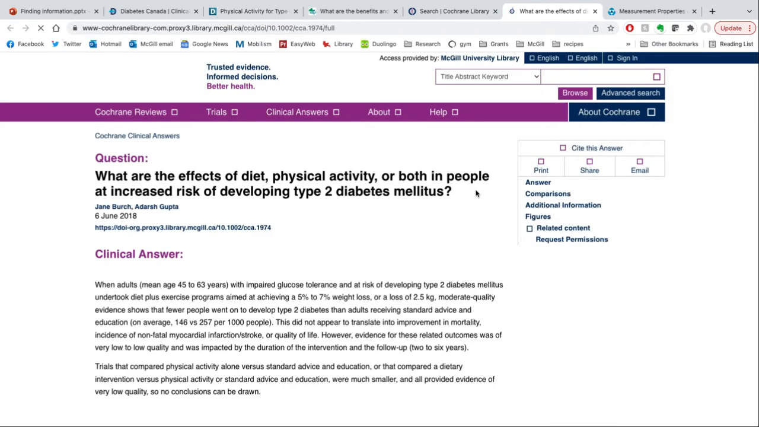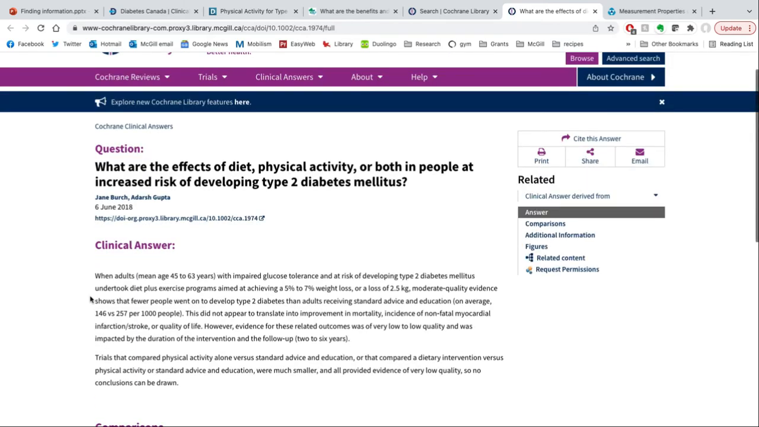And when I click on that result, I get my clinical answer. So it's in a more clinical language as opposed to research language. And what this is doing is just summarizing the systematic review that is giving this information. So now that I've got a bunch of information about guidelines and information about synopses,